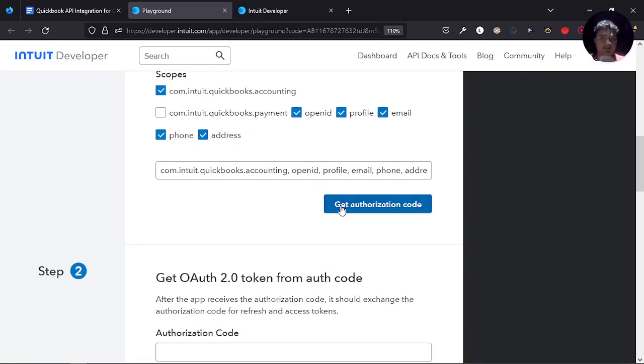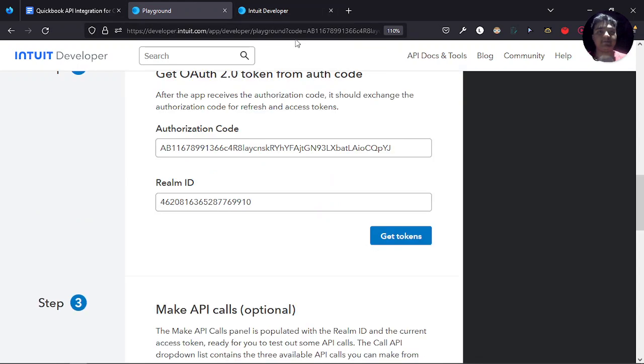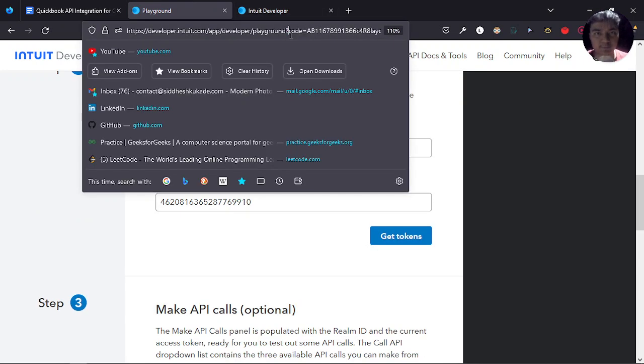Now click on get authorization code. This will just again follow the sign in code that we have previously seen from the video, and as you can see, the code property here is also generated, and from these two, realm ID and the code,